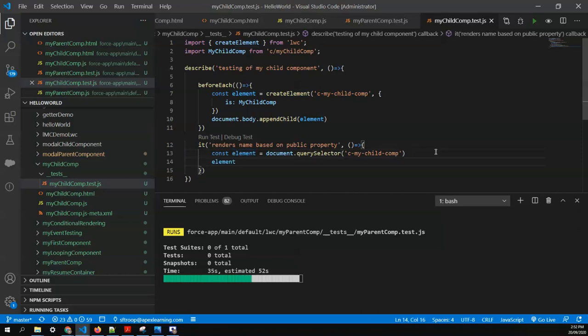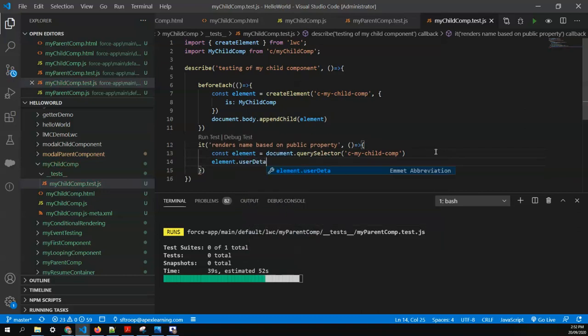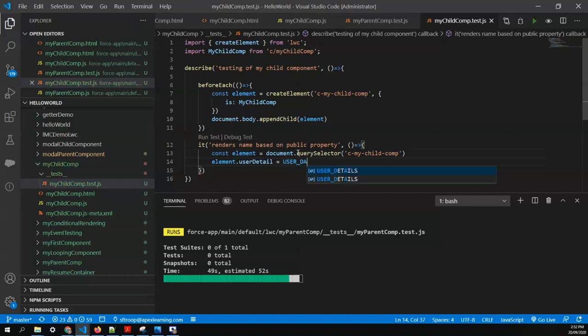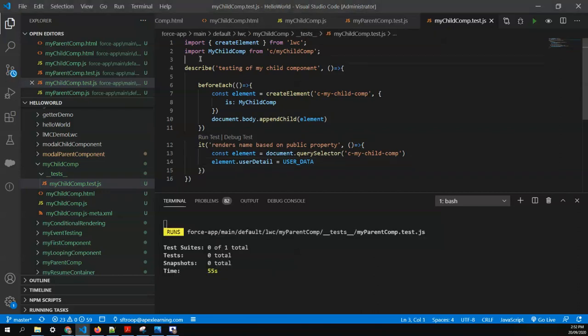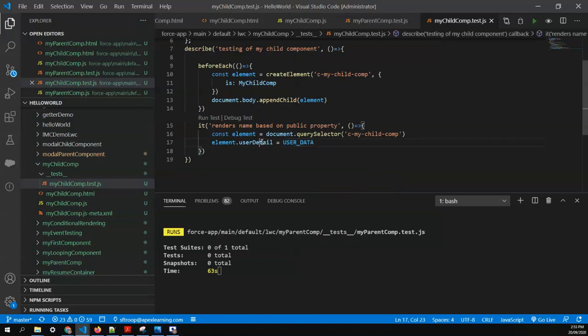So we can say element dot user detail, and we can set the data to user detail, and the data we can create again the constant here user underscore data, and we go to the top and create the same data that we are passing. We call it sort of mocking only.